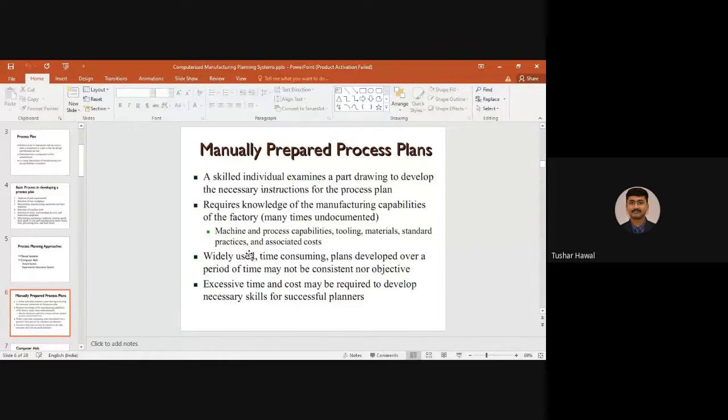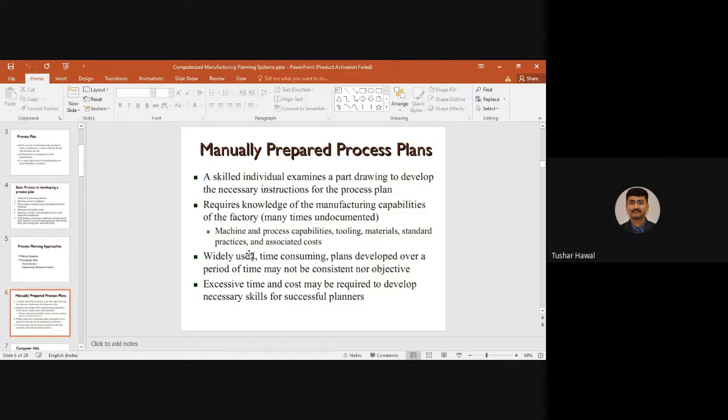But it was very time consuming, and the plans were developed over a period of time, but sometimes they were not consistent, because even if you remember most things, some things may be skipped. Those create problems later, and then you have to regenerate the plan, reiterate and improve the process plan that was already established. Every time they faced a problem, they used to update the process plan, and at the end they would get a good process plan for that particular product,